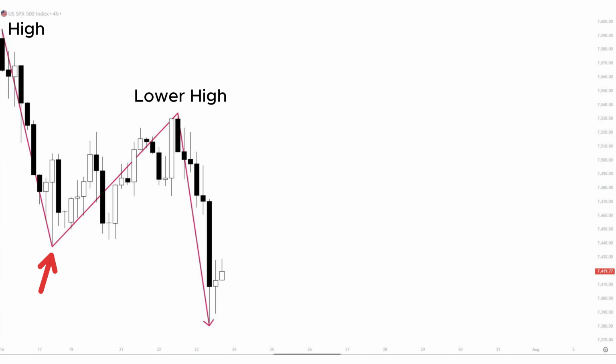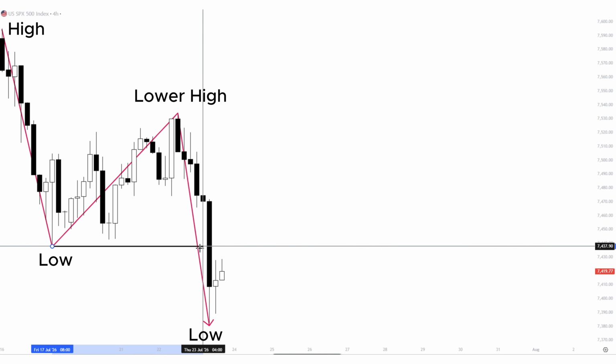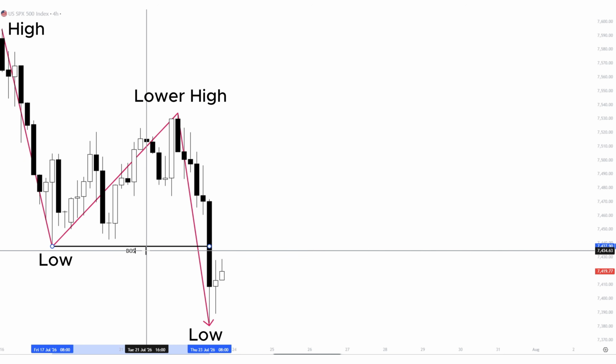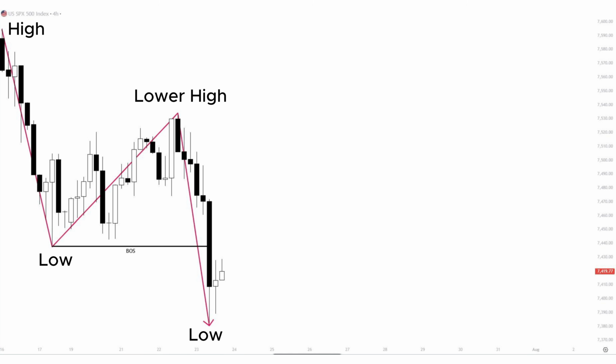And now let's look at the lower extreme levels, and we see that the recent low is also lower than the previous one. That happened because the price basically pushed down and broke below the previous low. And if the price broke down the last low, that means that the new low has ended lower, on a lower low swing point. When a market is printing a price action where we have lower high swing points with lower low swing points, we know that the market is following a downtrend,